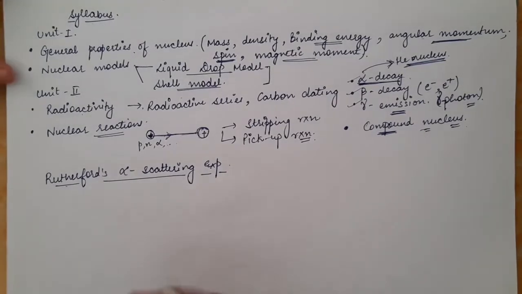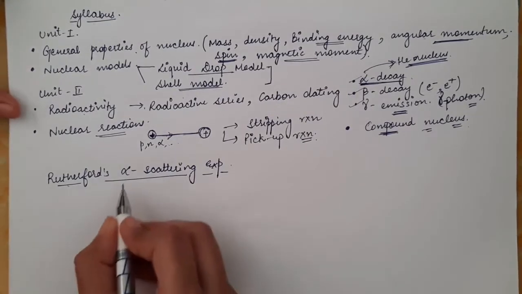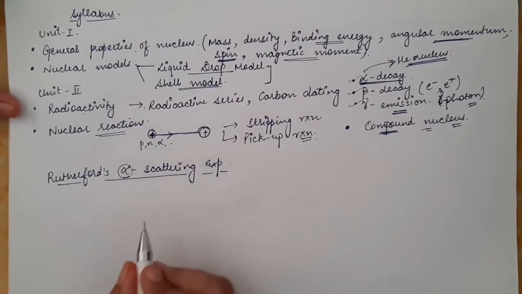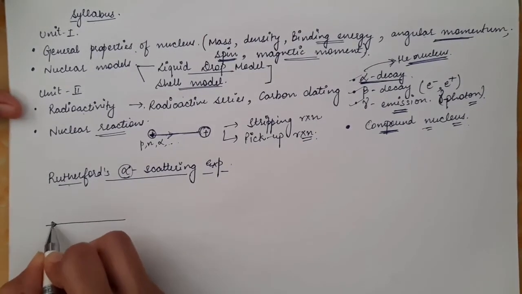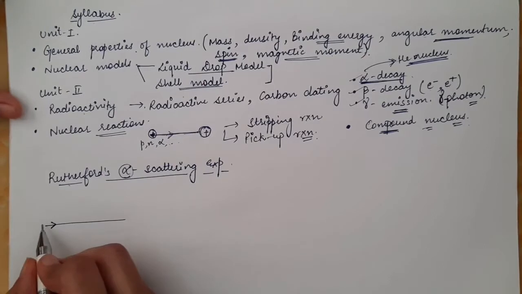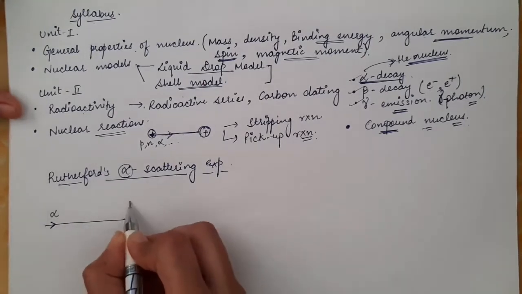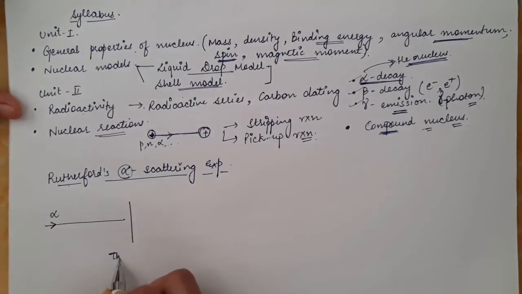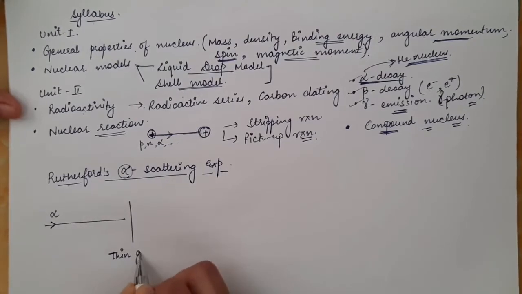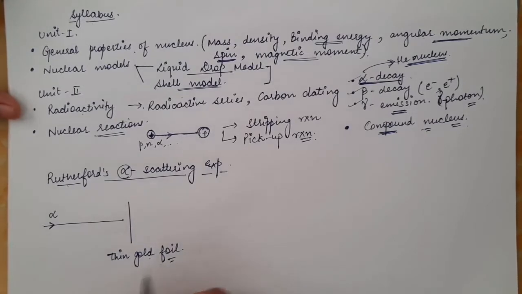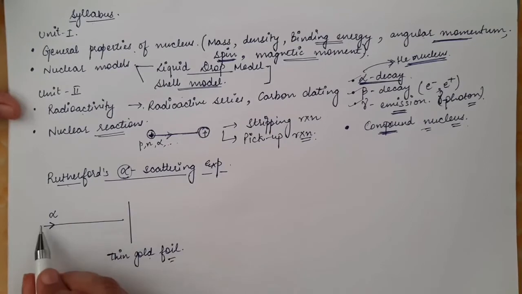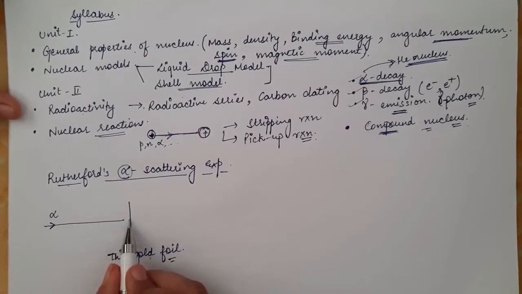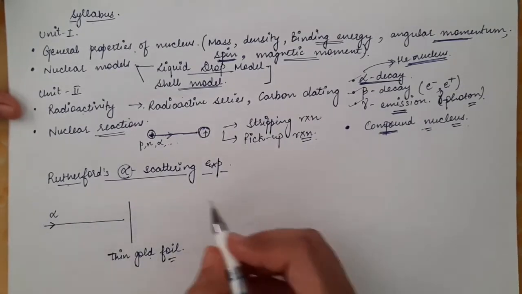In this experiment, Rutherford took alpha particles which were emitted from some radioactive source. These alpha particles had a particular energy, and they were made to hit a thin gold sheet or thin gold foil. This foil was made up of gold atoms. So a thin gold foil was placed and alpha particles were made to hit it with a certain energy,